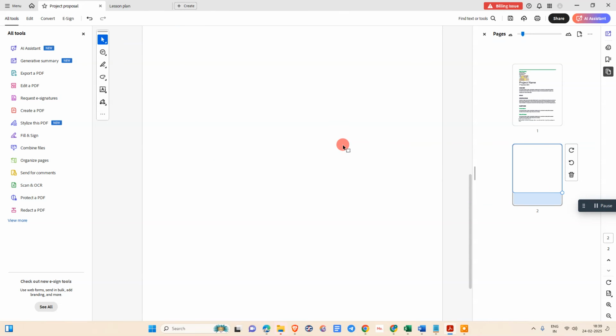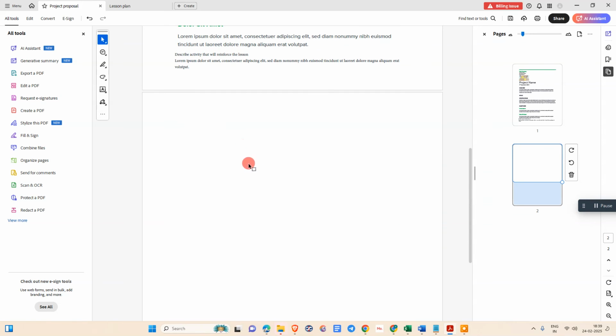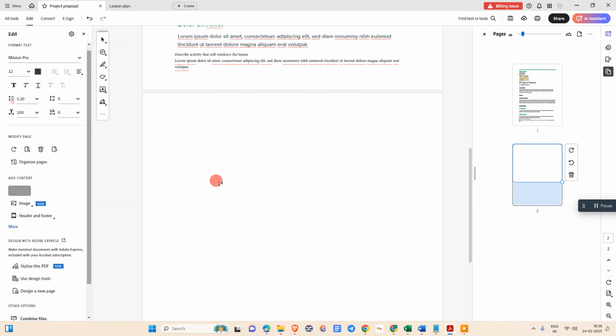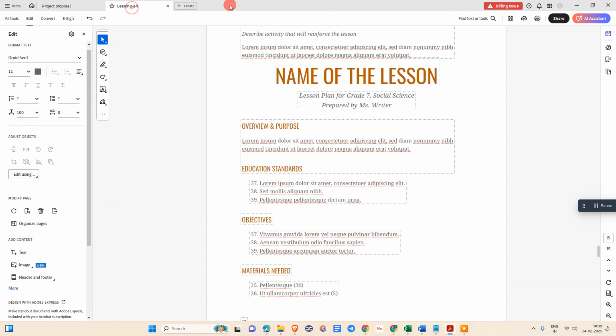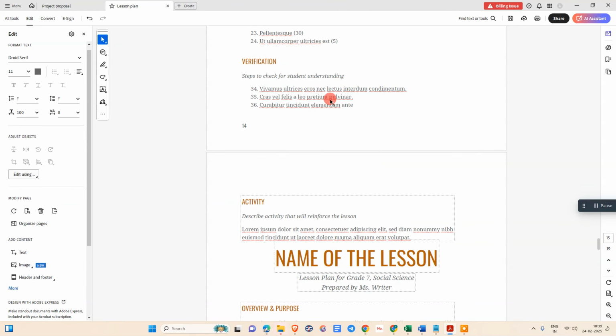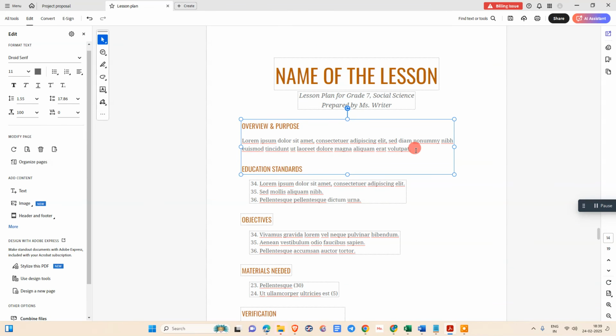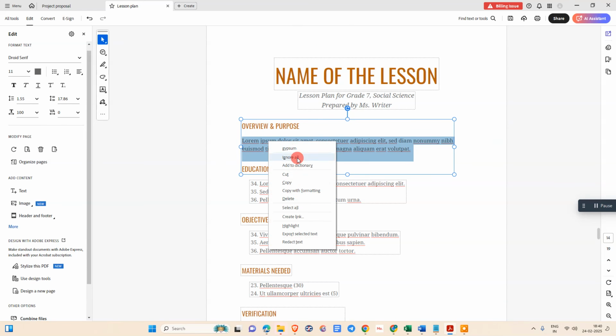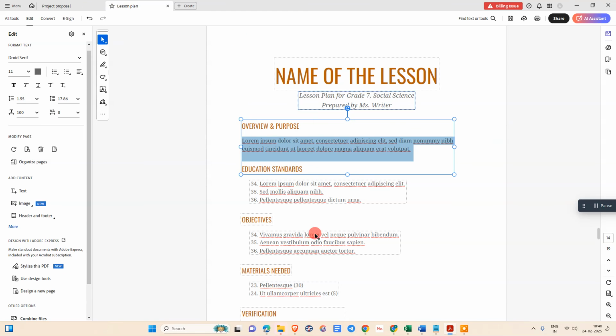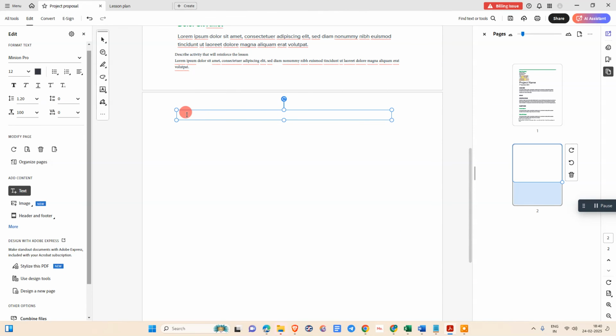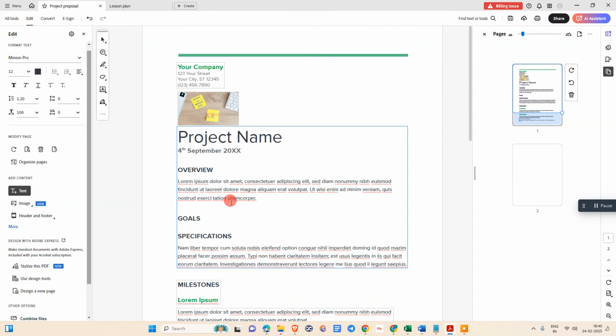The blank page will be insert, and here you can go to the edit, insert the text box, and under this text box you can copy the text from another file or same file. Okay, if I select this contain and copy, let me come to the first one and paste here. Okay, so that is how you can copy paste